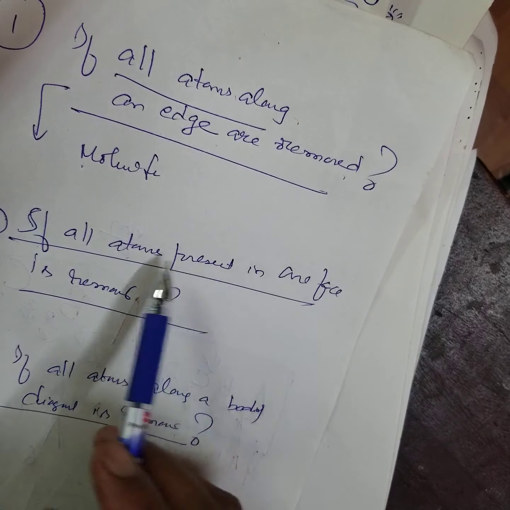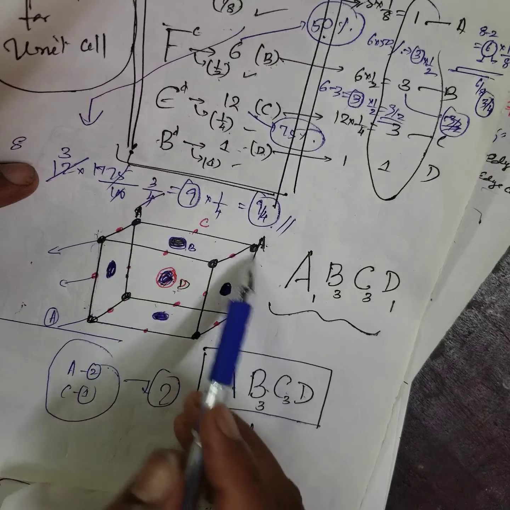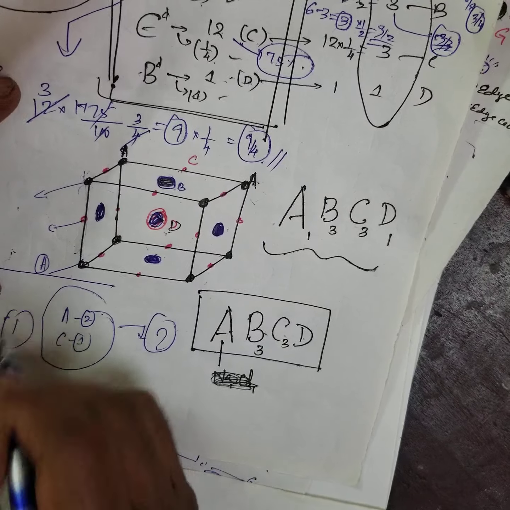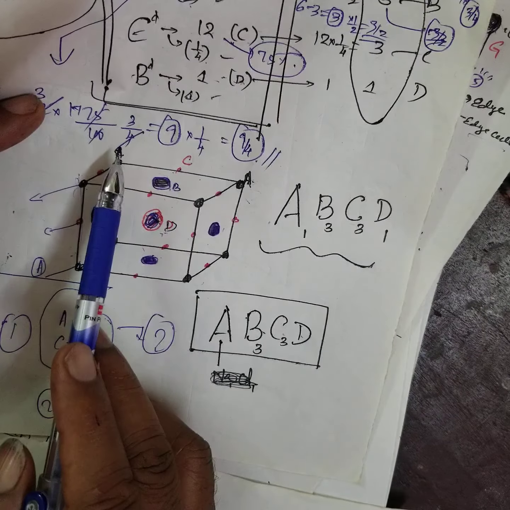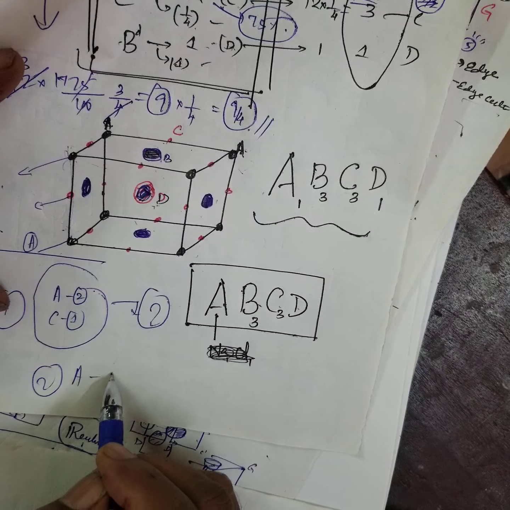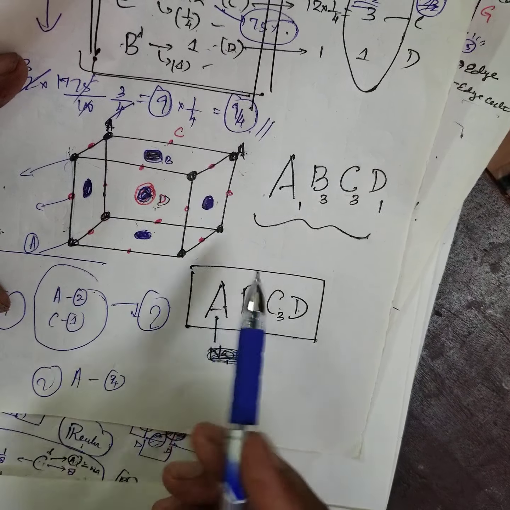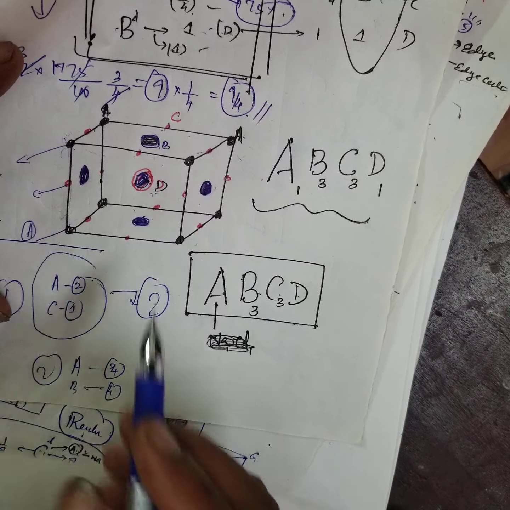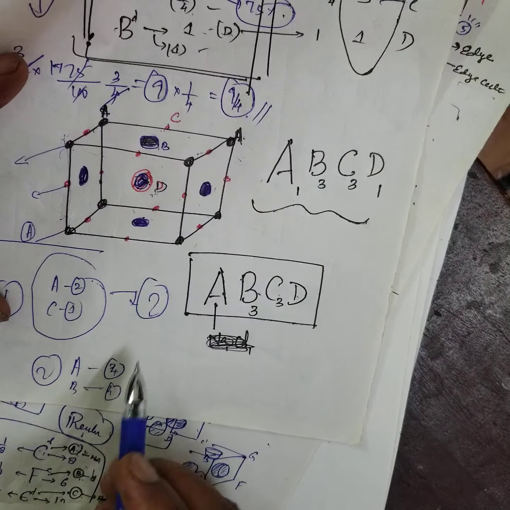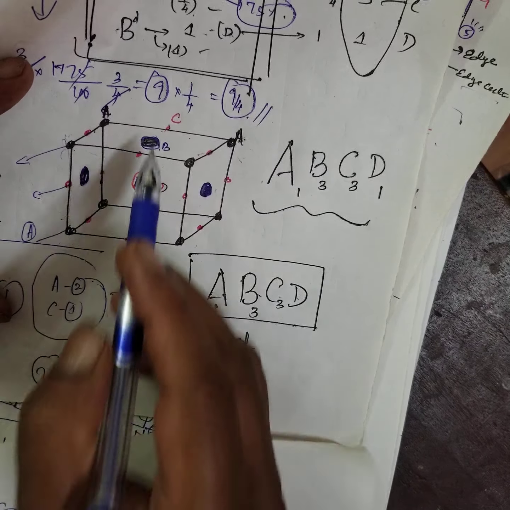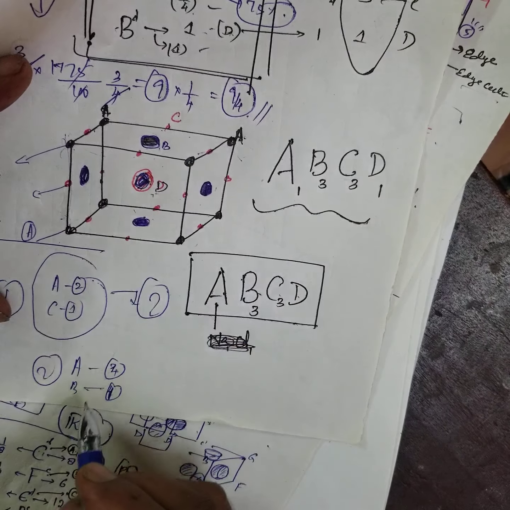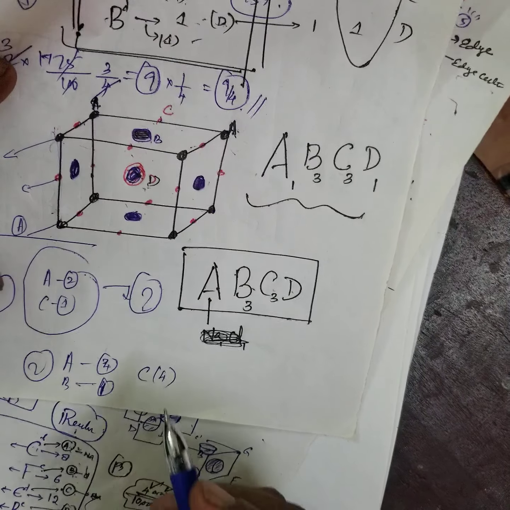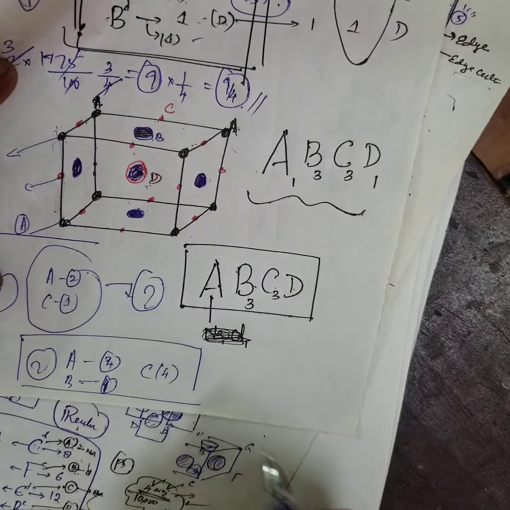And if all atoms present in one phase is removed, I remove this. So this is the first sum. The second sum, all phases means what? 1, 2, 3, 4. A I remove 4. Sorry, B I remove only 1. C I remove 1, 2, 3, 4. Therefore, how does the molecular formula change?